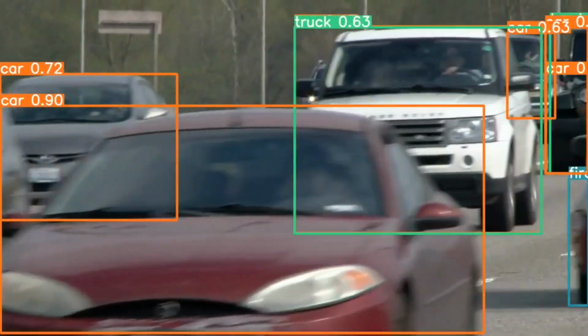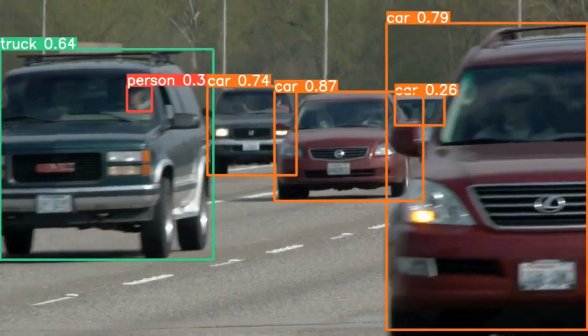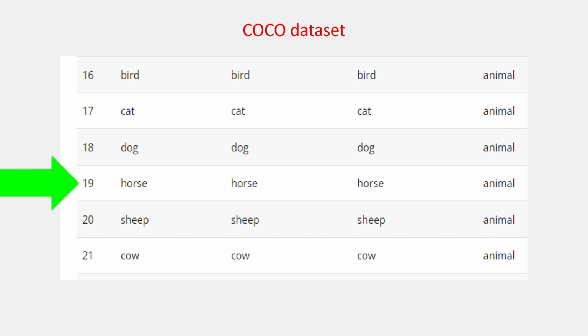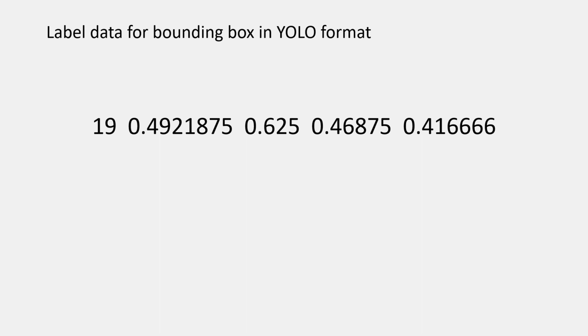But while training, the YOLO algorithm needs one more piece of information, and that is the class label. So as we know that the object inside the box is horse, we will hence need the class number for horse. And in the COCO dataset, that number is 19. So our final data for the bounding box in YOLO format is 19 space 0.4921875 space 0.625 space 0.46875 space 0.416666. This is in the format of class number space normalized x coordinate space normalized y coordinate space normalized width